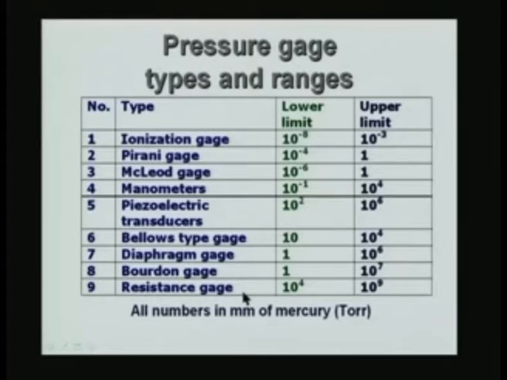The resistance gauge works as follows. If you have a material and it is subject to a pressure, it undergoes displacement or change in shape, and because of this the electrical resistance of the material will change. Therefore, the change in the resistance is measured, just like we had, if you remember, in the case of temperature measurement, a resistance temperature detector, where the temperature information was converted to a change in resistance because of the expansion of the material, and this resistance change was inferred as being related to the temperature. Similarly, here the resistance will change, and it is in relation to the pressure which is acting on it.